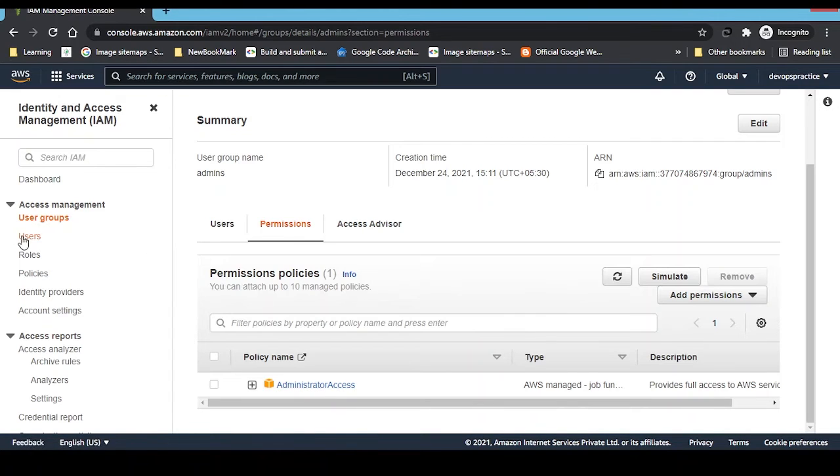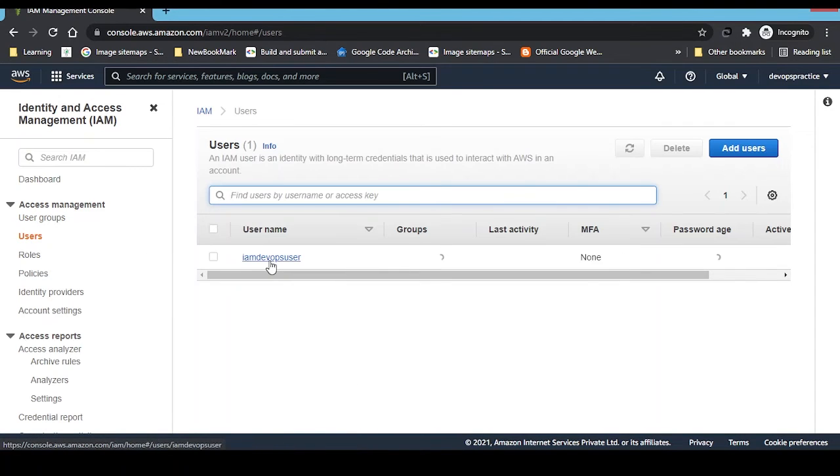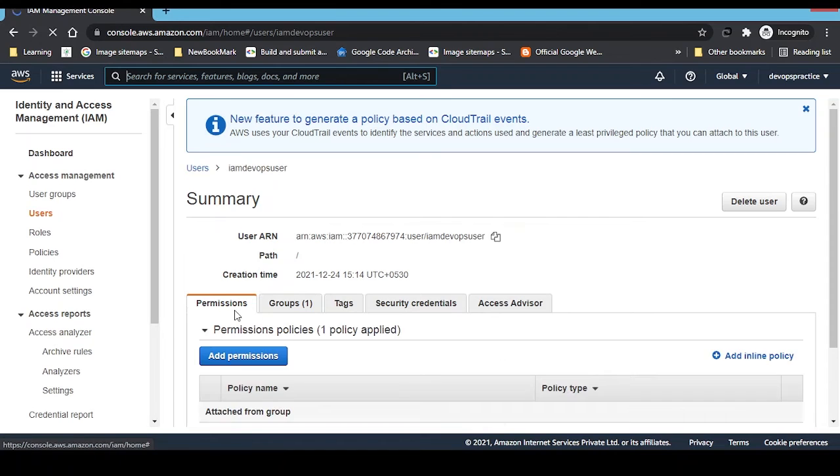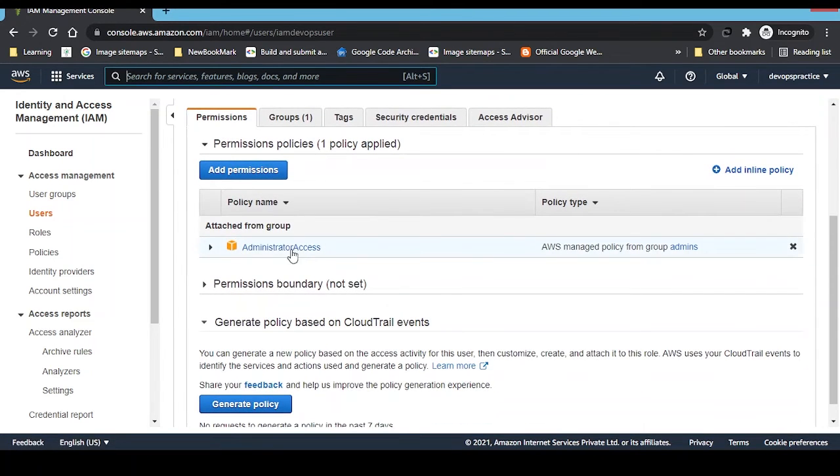If I go to the user, till now I have not added any kind of permission inside this user. We have added the permission to the group. This IAM DevOps user comes under this admin group. If I click the IAM DevOps user and go to permissions, you can see this administrator access inherited from the user group.